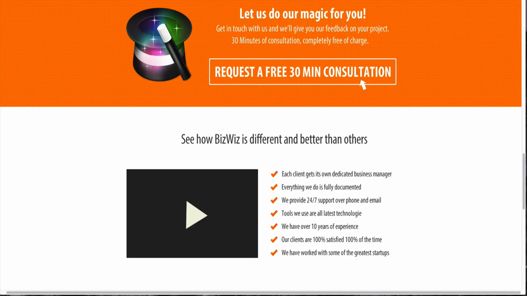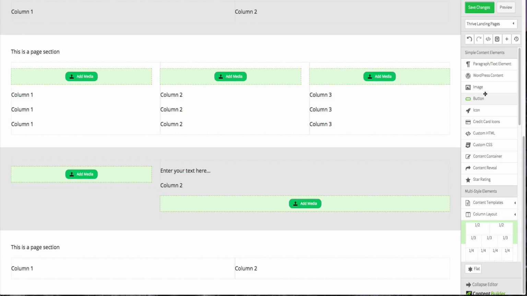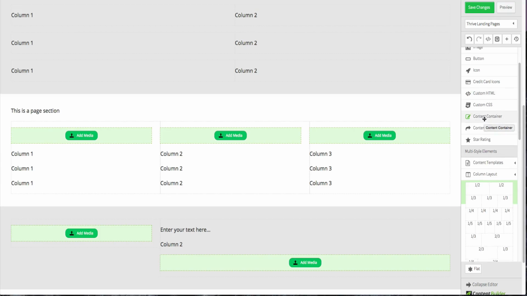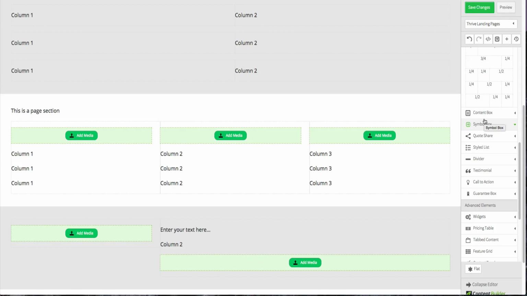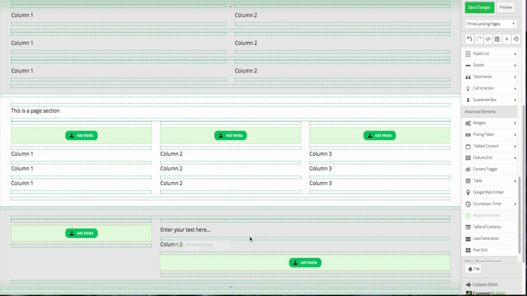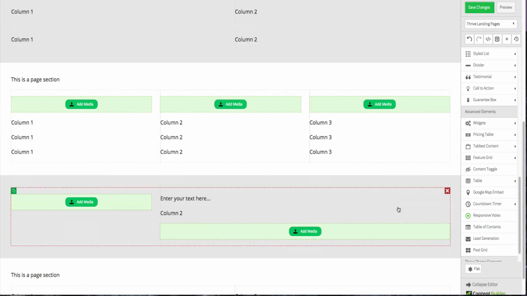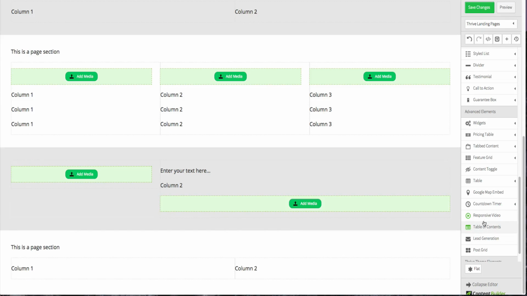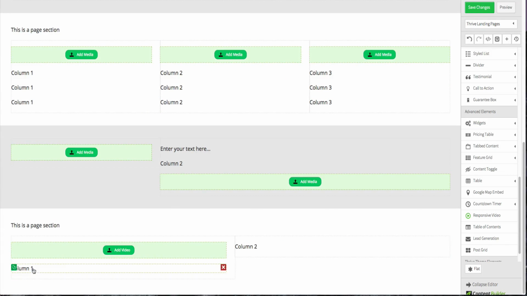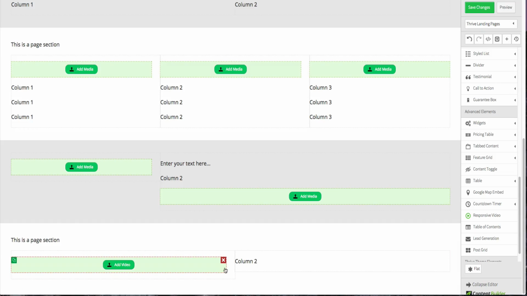and a video element in the first one. I believe I have a video element somewhere in these options in the sidebar. Let me just see. Okay, here it is, responsive video. Okay, I will just drag and drop this video element over here. Now I'm removing this text element because I don't need it,